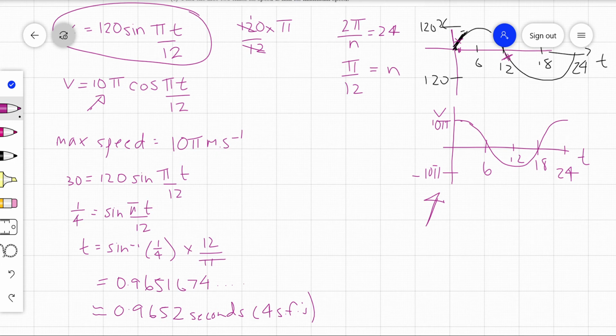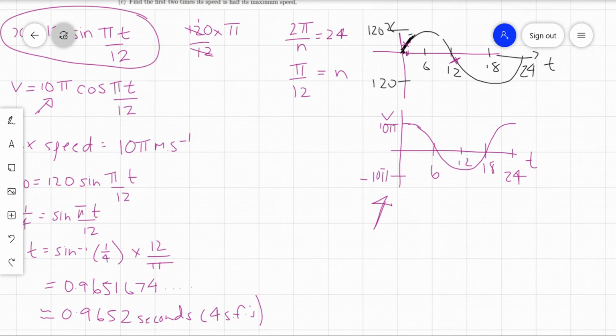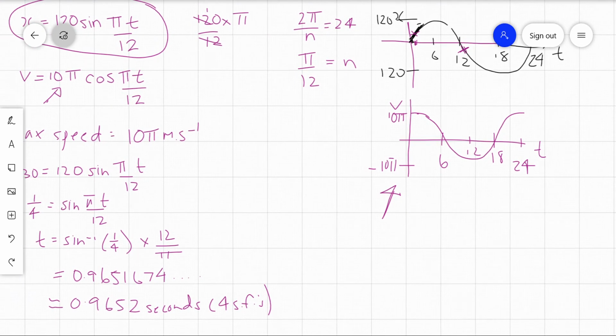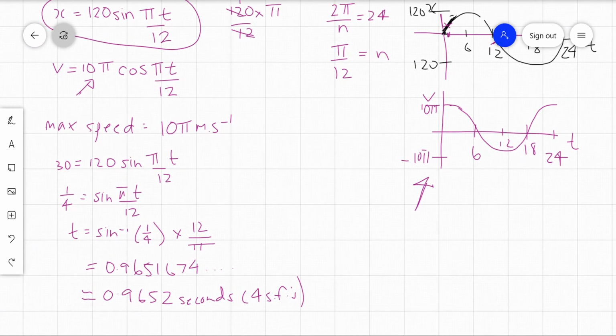The other time, if we look at our picture, is sometime after 12 seconds, so just after 12 seconds. So really we could just add 12 seconds because it'll be the same number of seconds after the 0, same number of seconds after the 12. But if you didn't want to do it that way, think about where next our time